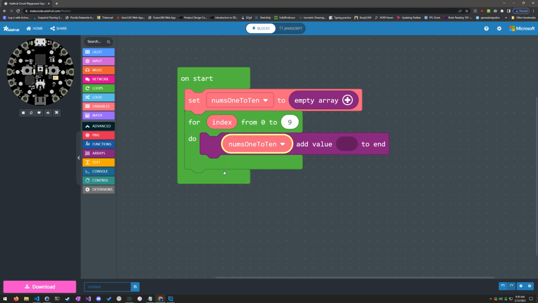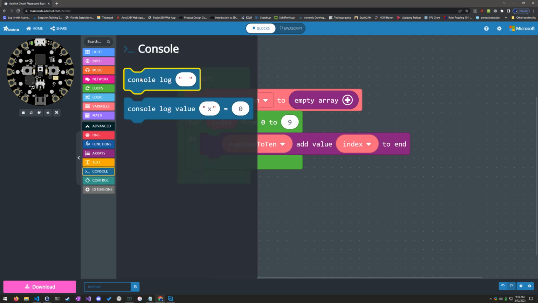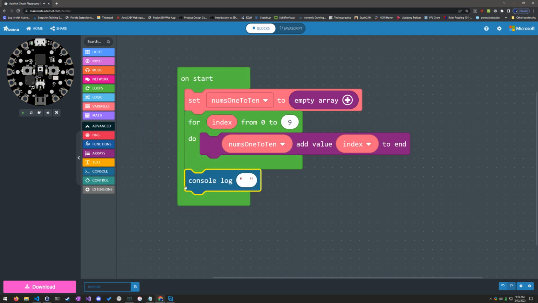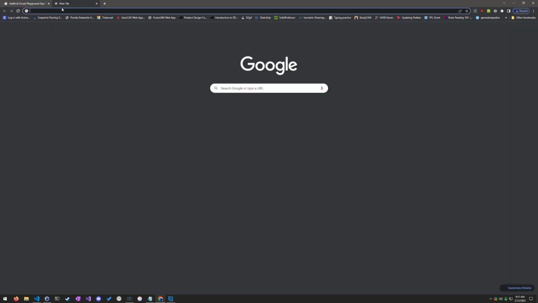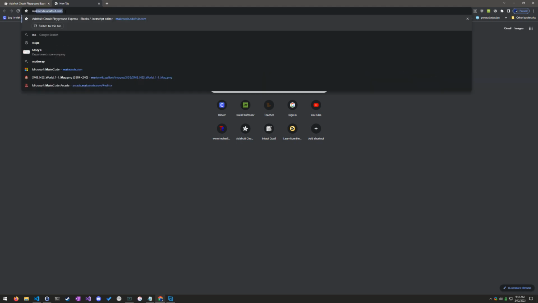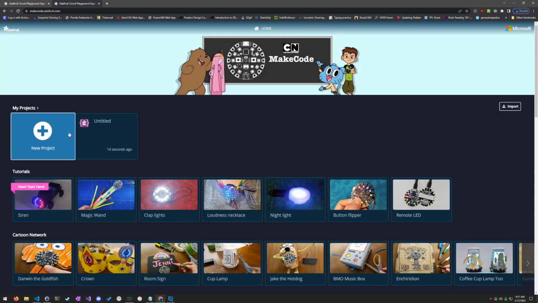And what are we going to add to the end? Well, we'll add index. And if we do this and we console log that at the end, so if you're unfamiliar with this block here and what it does, let's actually go to a different program real quick. So let's go to a new project,